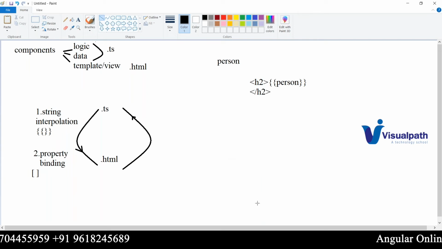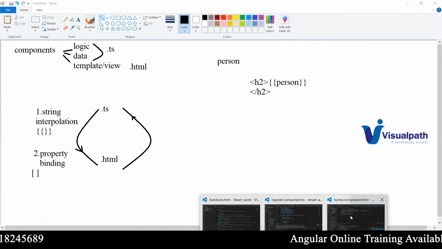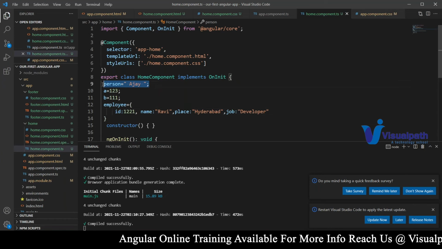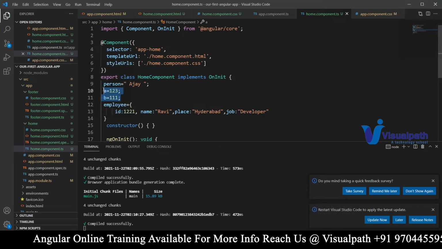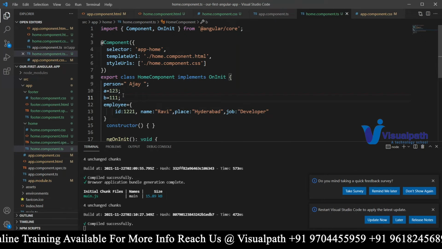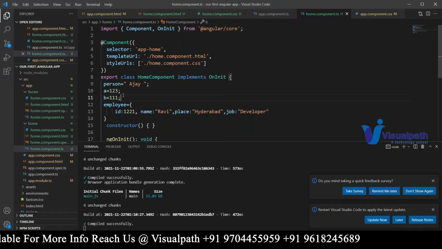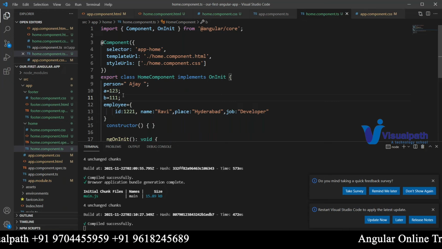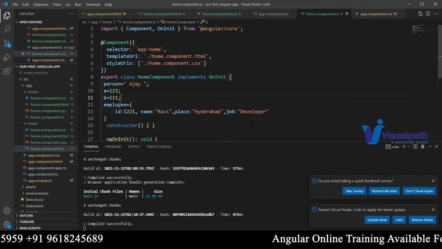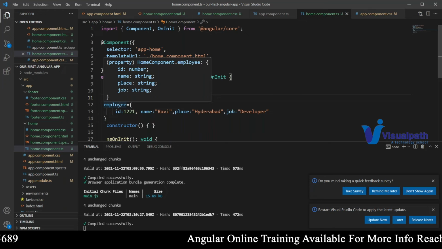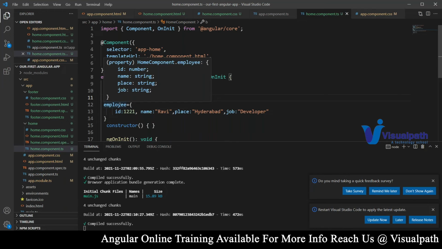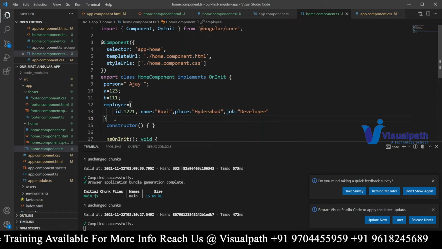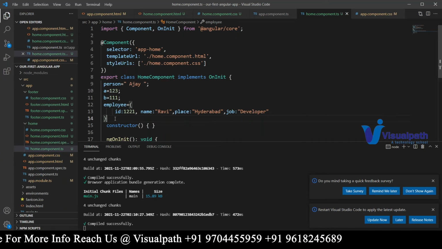When it comes to this data I transferred from the TS file, where is my TS file? This is my TS file. This is a string kind of data I passed, and this is another kind of data I passed. You can pass any kind of data. Yes, I can pass Boolean data also. That all comes under primitive data, or even something complex, object kind of data, I can pass. I can even pass something like an array as well. For example, here